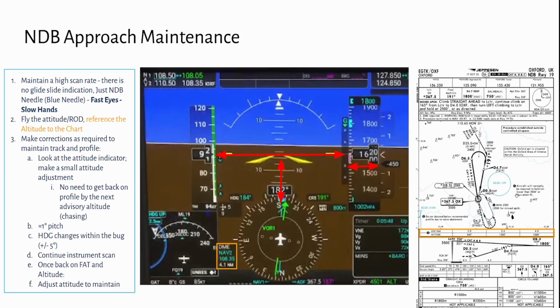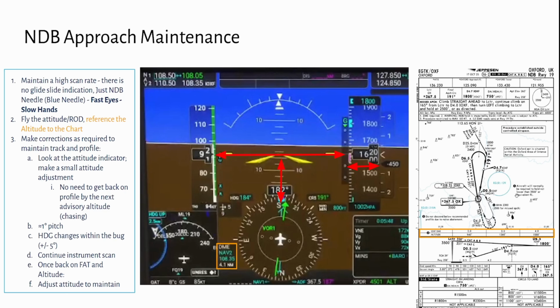We need to make corrections as required to maintain the track and profile. As we approach the distance, you can see on the chart on the right there, at each DME readout, it gives us an altitude we need to be at. So when we're approaching 4 miles, about half a mile before, we want to have our